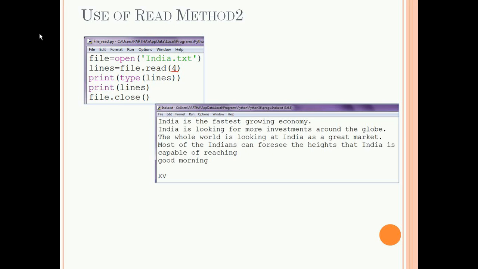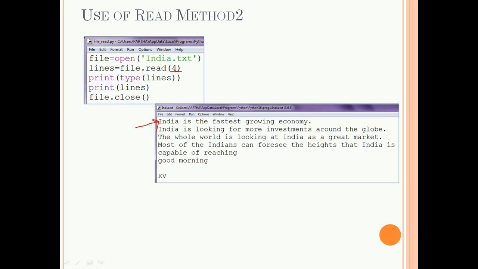If the file is opened in read mode, then the file pointer will point to the start of the file. So it will point to the 0th character of the text file, that is I. And every time we read the characters, the file pointer will move forward.